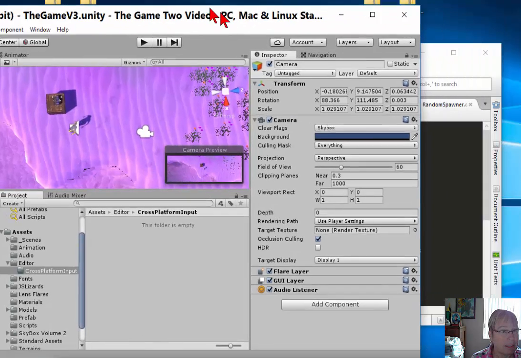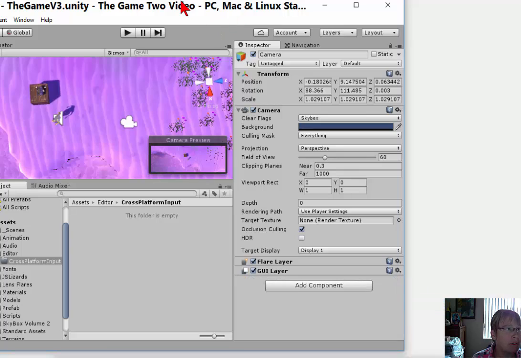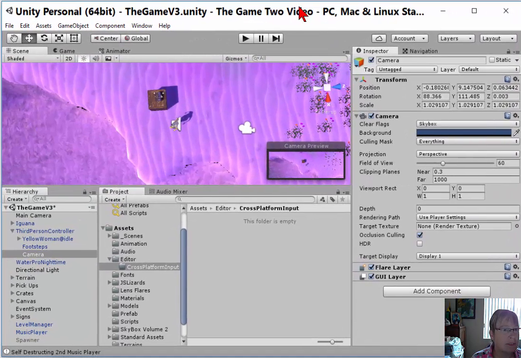You can't really see it. Show you here, you're going to add remove component, right? So we took that one right out of here. So now I need to find something in this particular camera, and it is called a camera viewport rect. So we have to find that camera viewport rect right here. What this is, it tells